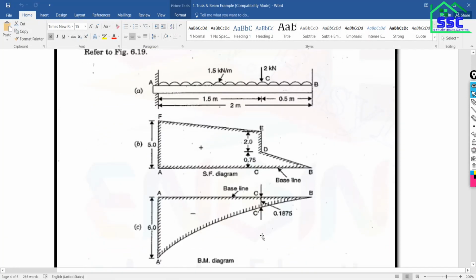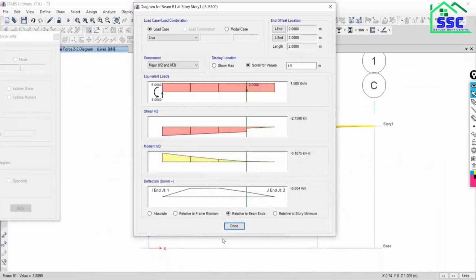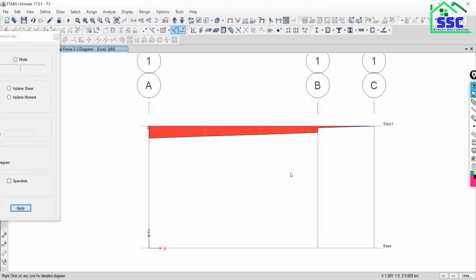At the left end the moment is 6 kilonewton meter, and at the free end the moment and shear force will be 0. Got it? So like this we have to check the bending moment and shear force diagram.